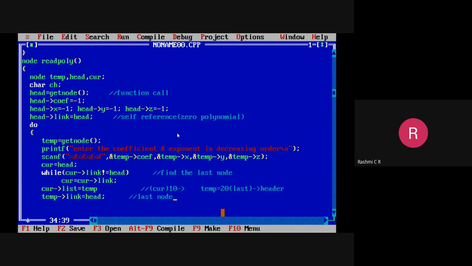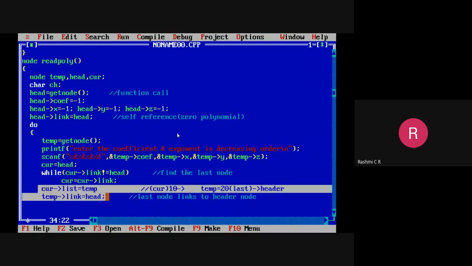Last node links to header node. Okay, so these are the two important lines to be understood properly.